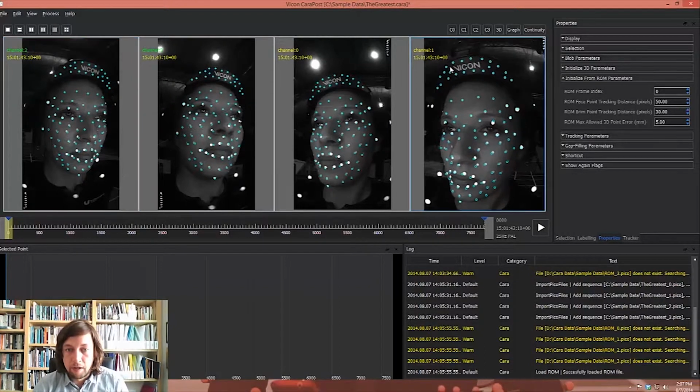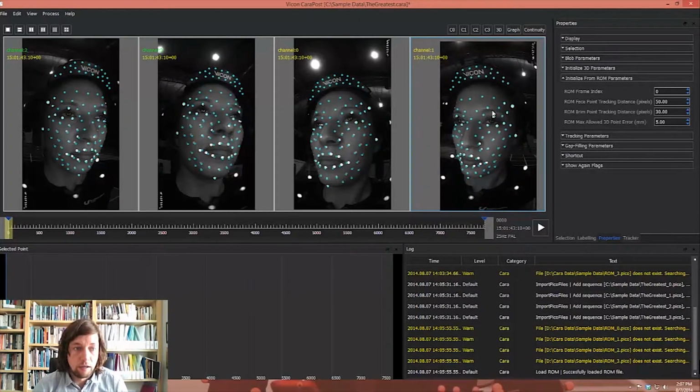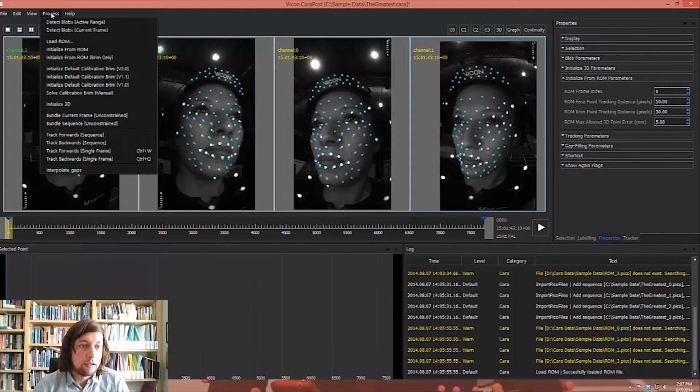and the same for the brim. So here we can see the brim lines up perfectly, but there might be a case where the brim might have slipped or moved for whatever reason. So you can adjust these parameters and they allow you to still label from the range of motion. Okay, so we're going to keep these parameters as default and we're going to go Process, Initialize from range of